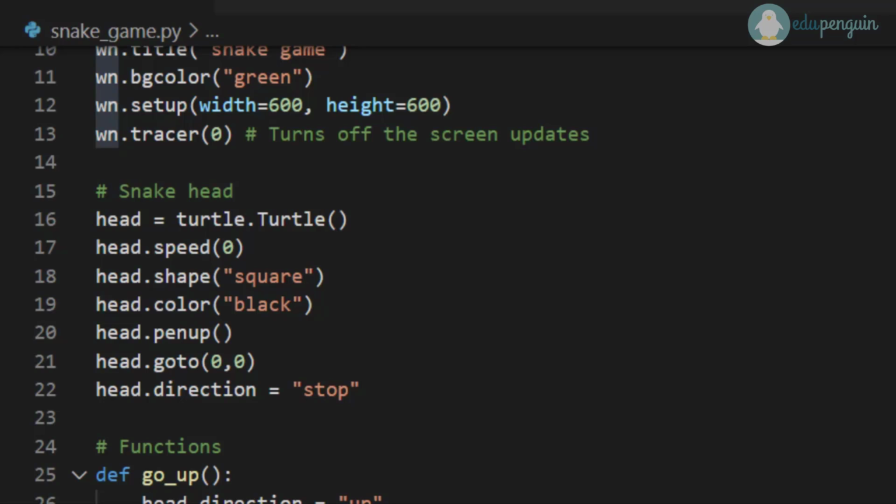Okay, now we are going to be working on creating the snakehead and making it move around the screen, as you can see so far. We've got a window that is 600 by 600 pixels. So let's get started. Okay, so we're going to first create the actual snakehead using a turtle object, and the